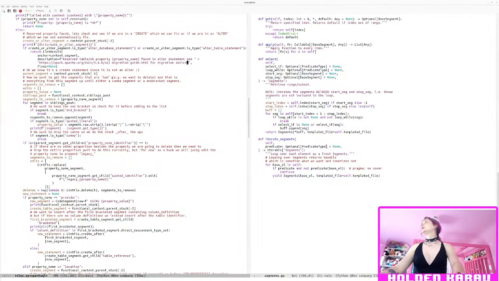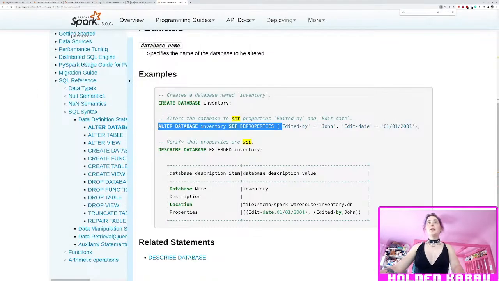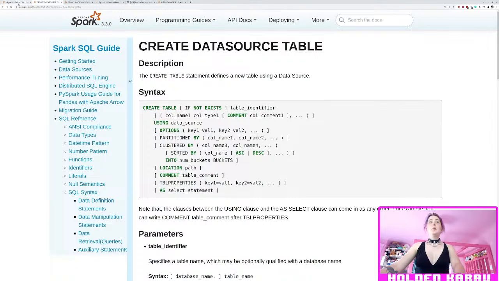I'm gonna double check the wording here in the migration guide. I'm pretty sure,